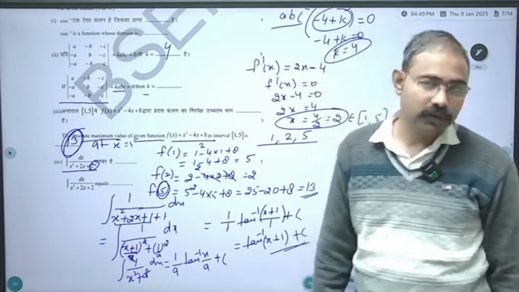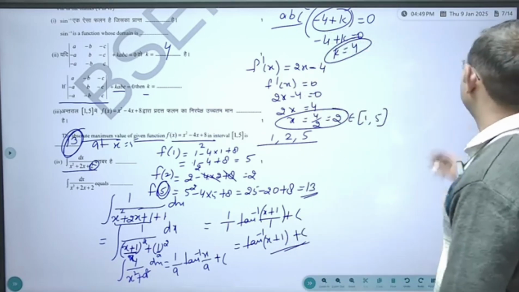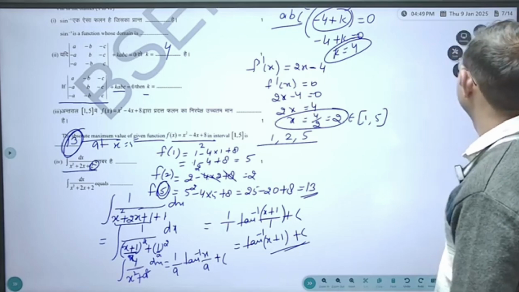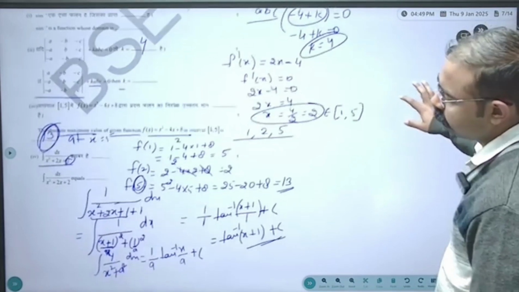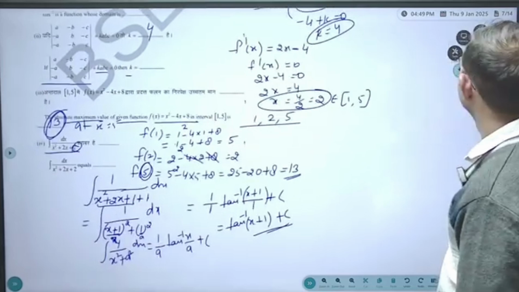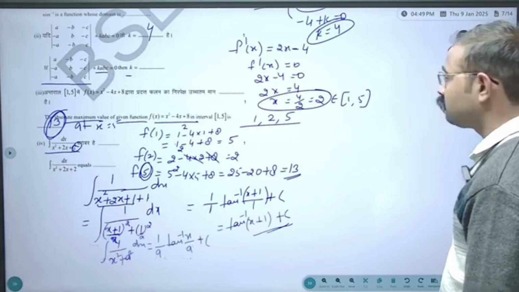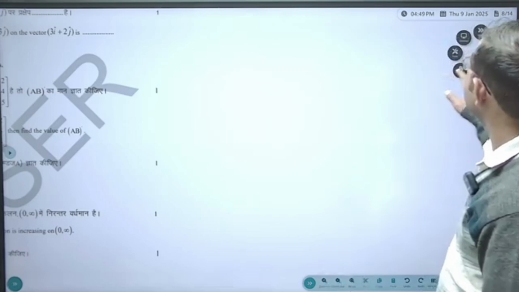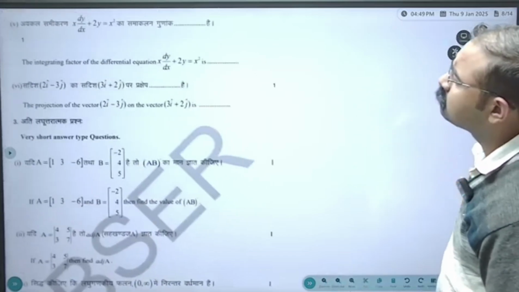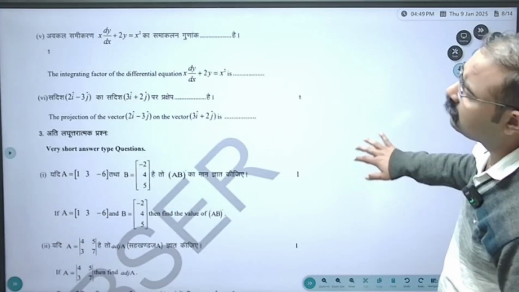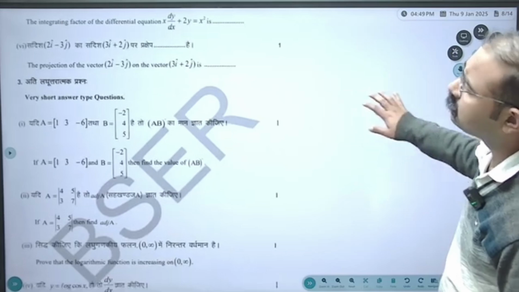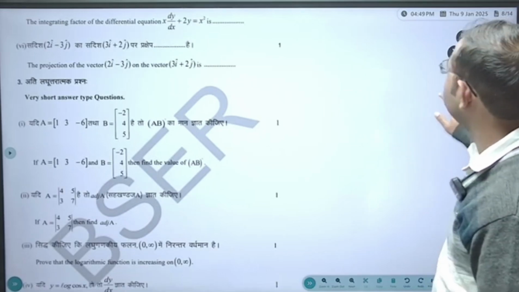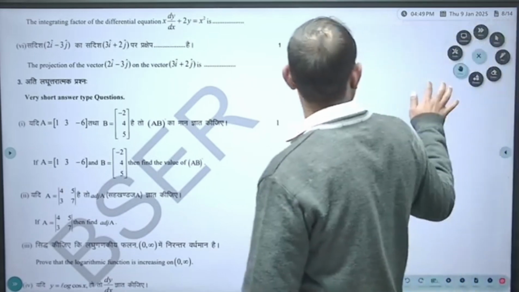This was the fourth of the fill-ups. Now the fifth fill in the blanks is